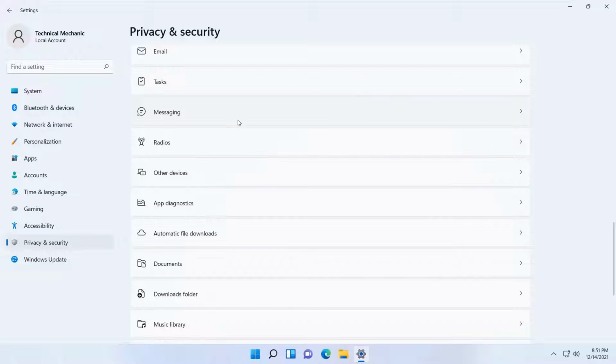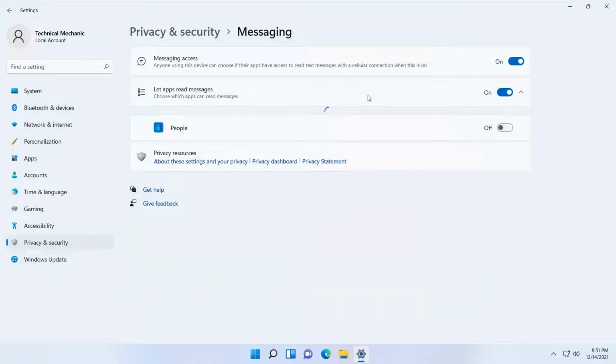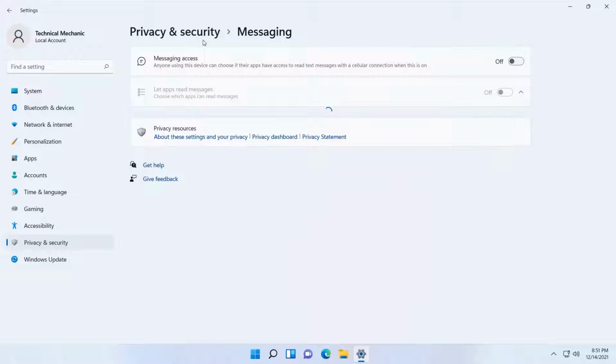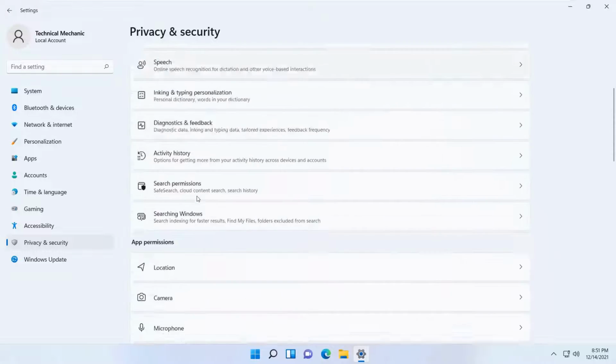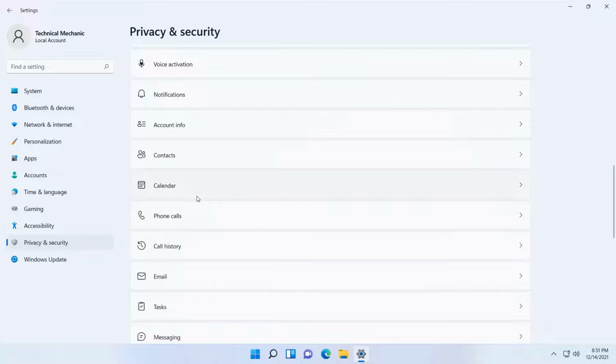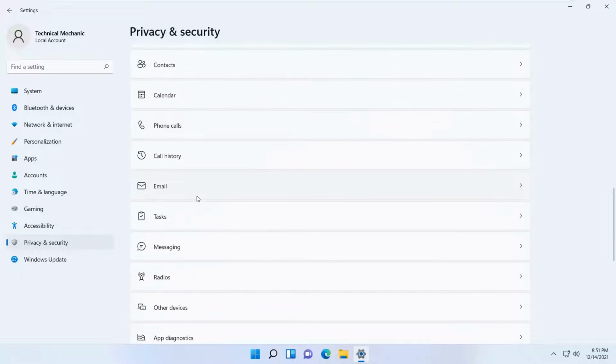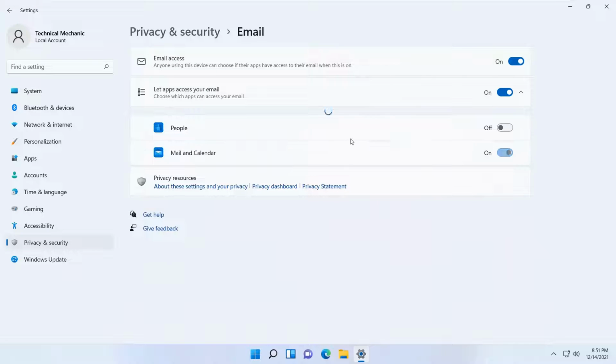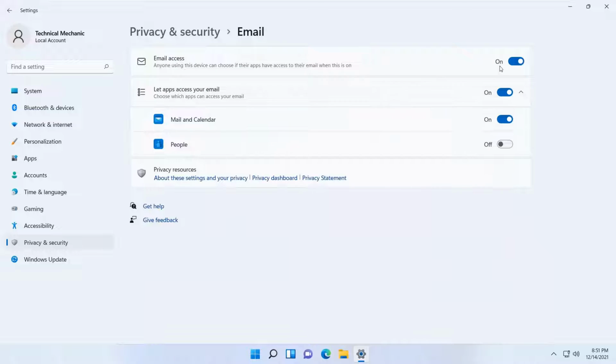And then go to the messaging section. Turn this off. And then go to the email section. If you have configured your email ID, then you can keep this on. If you have not configured, then turn this off as well.